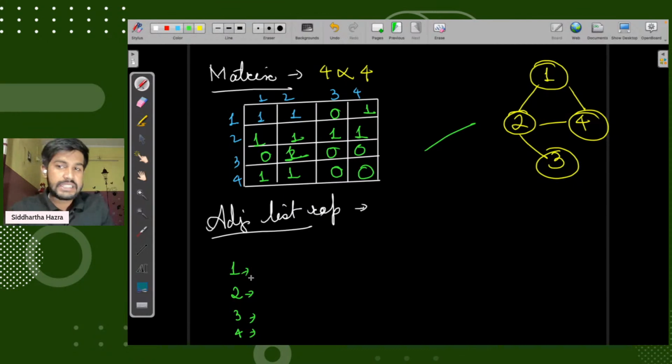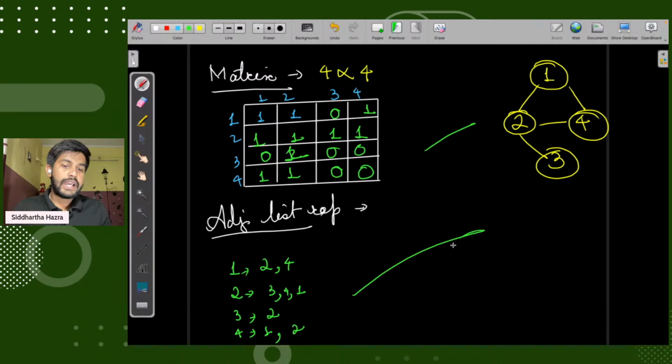In the same way, the adjacent nodes of 1 are 2 and 4. The adjacent nodes of 2 are 3, 4 and 1. The adjacent node of 3 is 2. The adjacent nodes of 4 are 1 and 2.